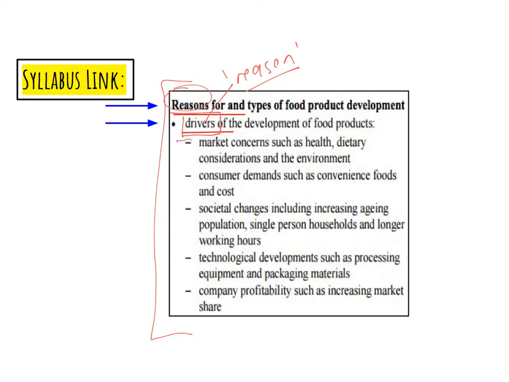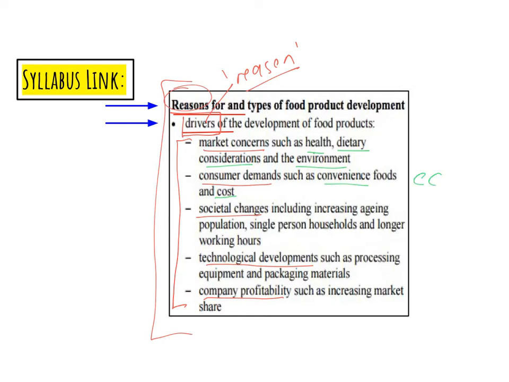Now we need to be very specific with these reasons for food product development, and we need to be able to remember the syllabus and the examples that fall under each of the categories. So we have market concerns, consumer demands, societal changes, technological developments, as well as company profitability. However, within each of these categories or reasons, there are further examples which you need to be able to recall in an exam. So market concerns for health, dietary considerations and the environment, consumer demands for convenience foods and costs,